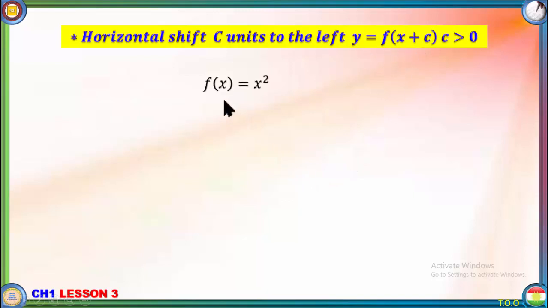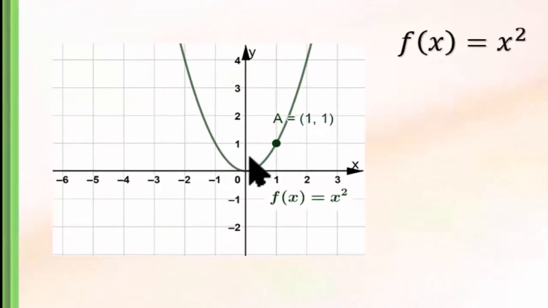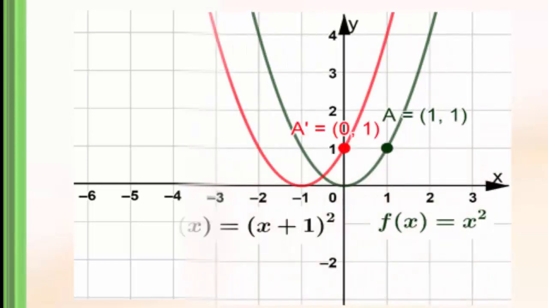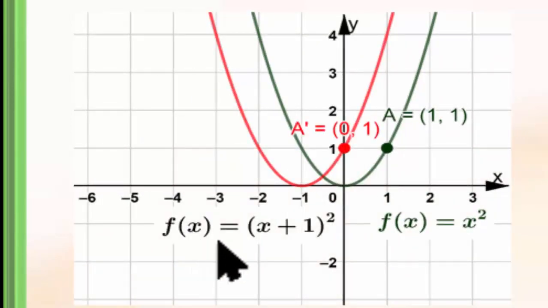If we take the basic quadratic function f(x) equals x squared and draw it like this, and move this function 1 unit to the left, it becomes f(x) equals (x plus 1) squared, and the point A(1, 1) goes to A'(0,